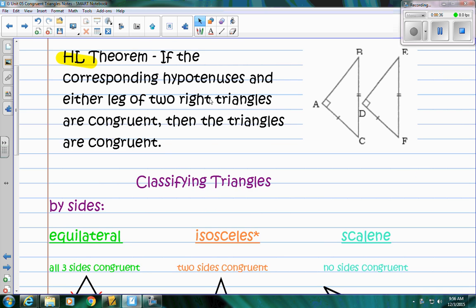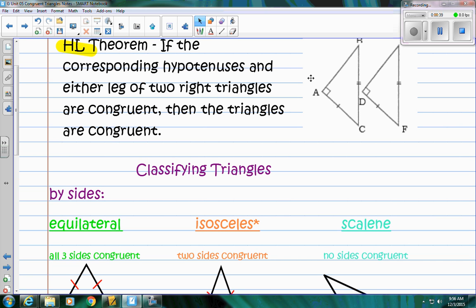So it says, if the corresponding hypotenuses and either leg of two right triangles are congruent, then the triangles themselves are also congruent. So you need to have a right triangle to start with. That's important to keep in mind. You can't use HL on a triangle that doesn't have a right angle. The hypotenuse, keep in mind, is the side that is the longest. It's also the side that's across from your right angle. And then as long as the two corresponding legs are marked congruent, then you can say that the right triangle